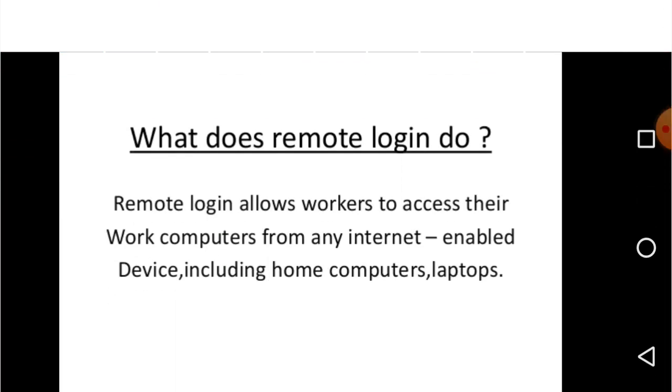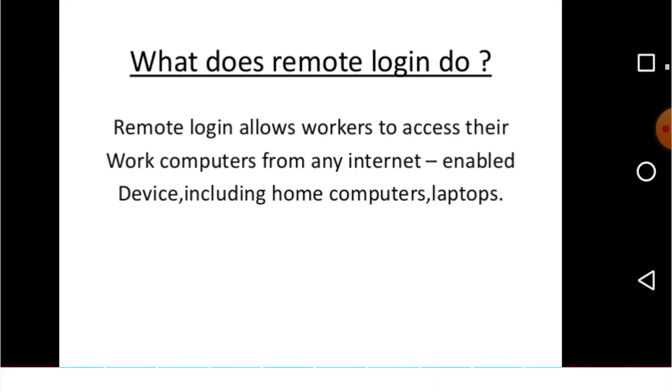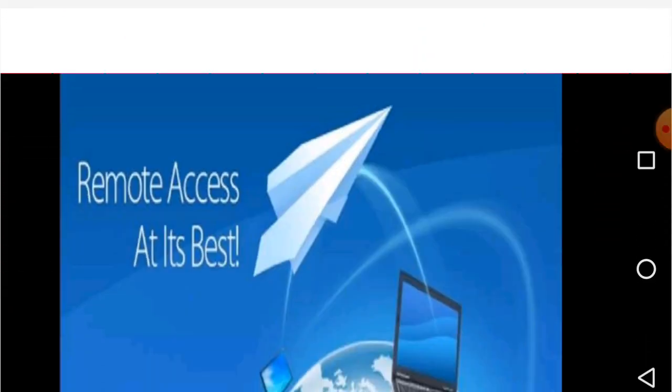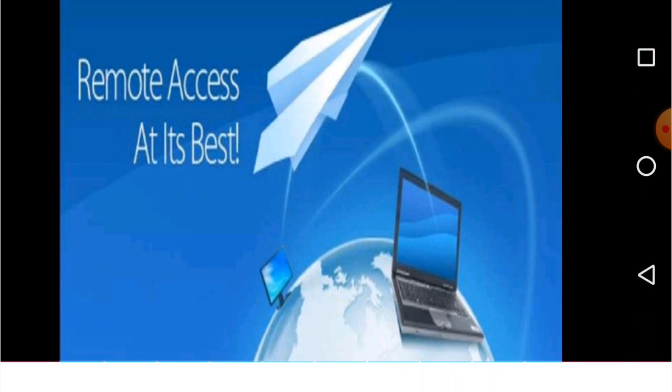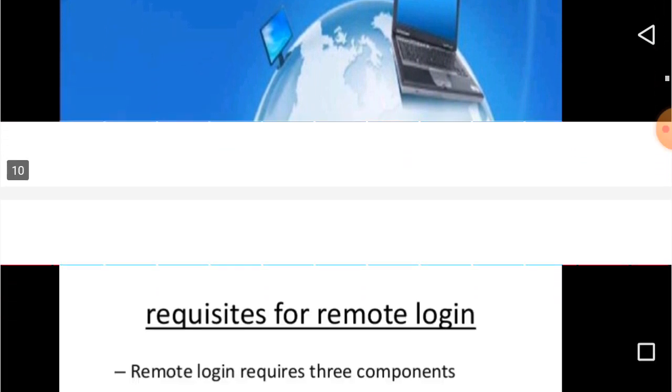What does remote login do? Remote login allows workers to access their work computers from any internet enabled device, including home computers and laptops. You can see in the picture how remote access can be done.